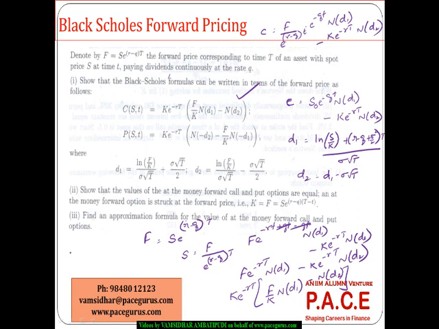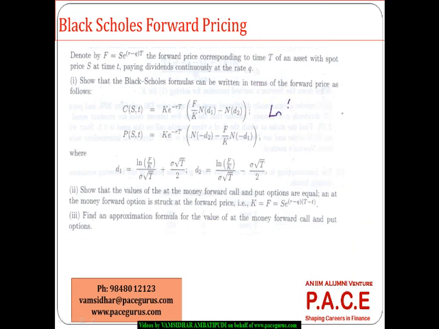So that is the price of the call option coming out here, right? And probably what about the d1 now? Here we said log S by K. So in case of d1, instead of S, I'll write it as F e to the power minus of (r minus q) times T. Log S naught is F e to the power minus of (r minus q) times T, divided by K,